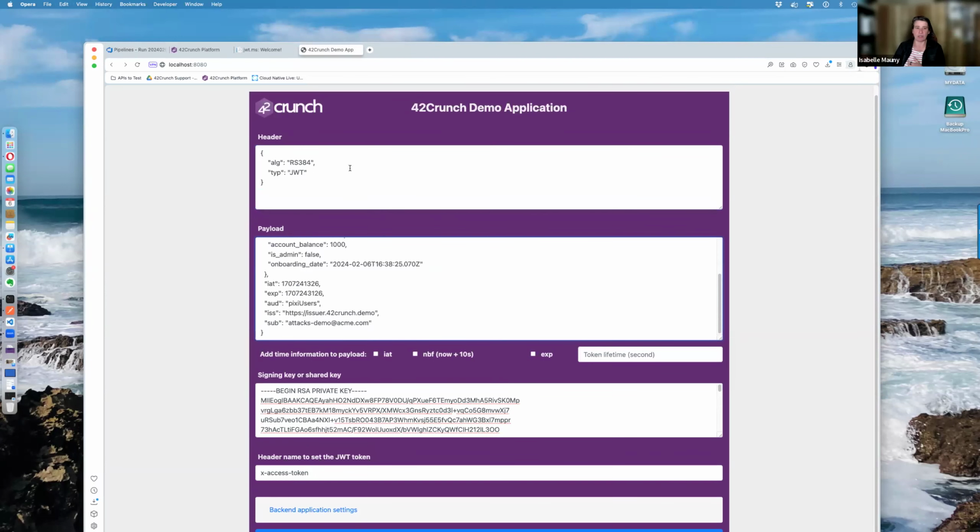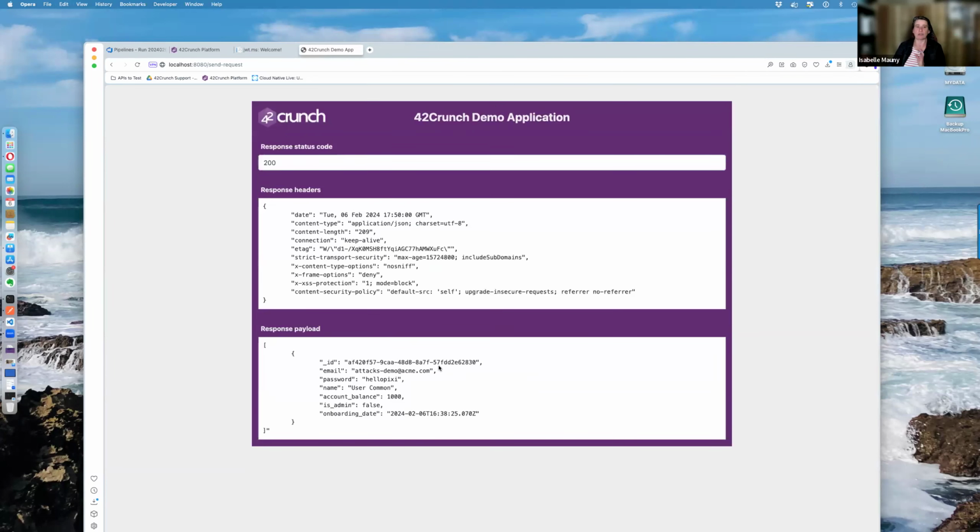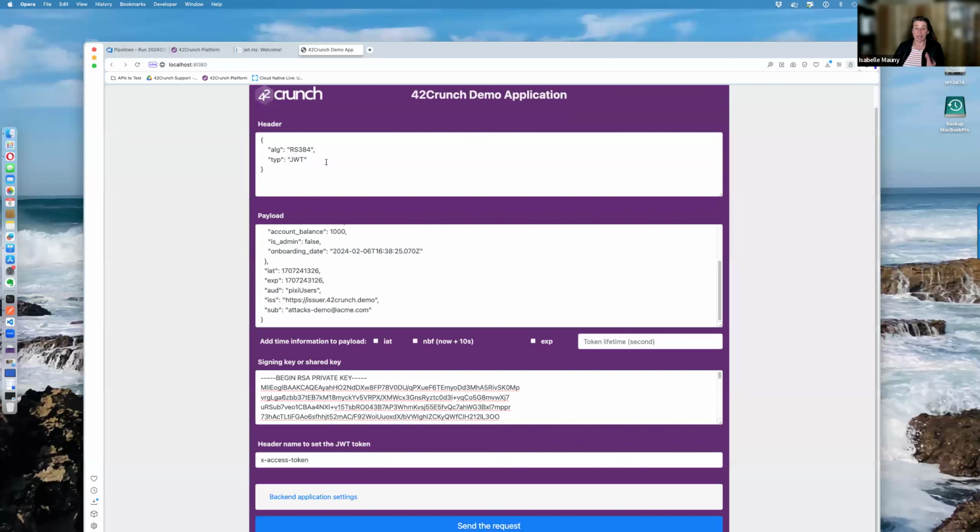They are signed. It's supposed to be an RSA algorithm. So this is all good. This is my header. This is my payload. Normally, if I send that request, I get the 200 and I get the profile of the user. Okay, great. Now, behind the scenes on our little firewall, which is deployed in front of our API, there is